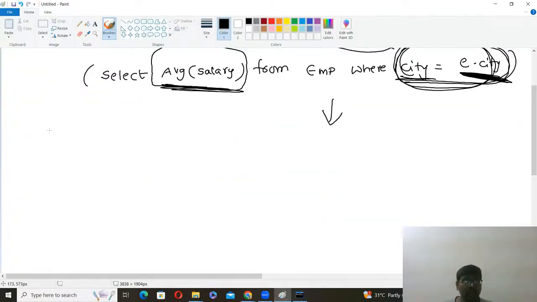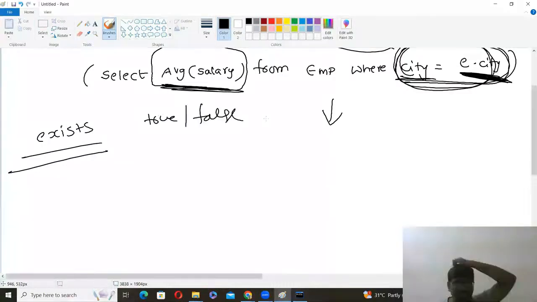Like in, not in, we have exist. What is meant by exist? Exist means the output is true or false. That means simply to check whether the data is existed in the subquery or not. If it is existed, it returns true. If it is not existed, it returns false. What is the meaning? Suppose